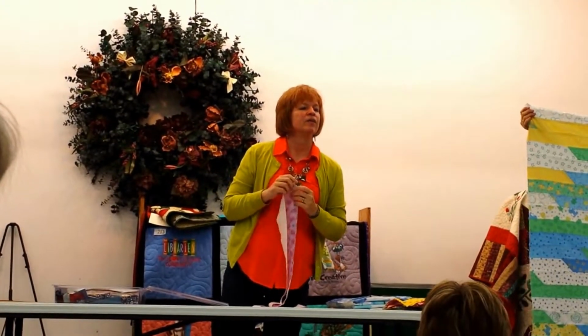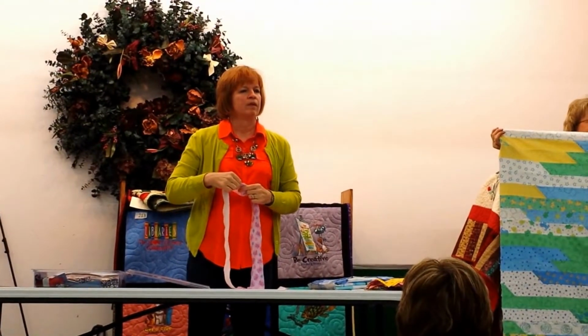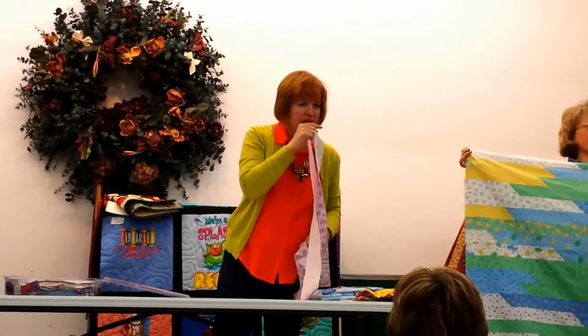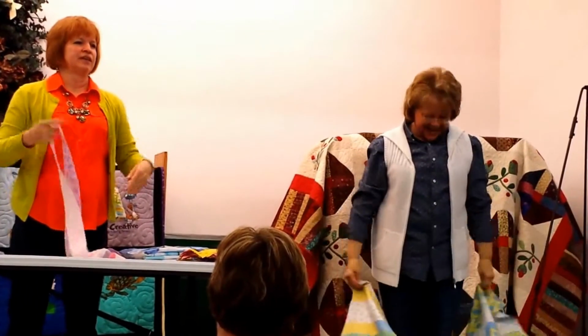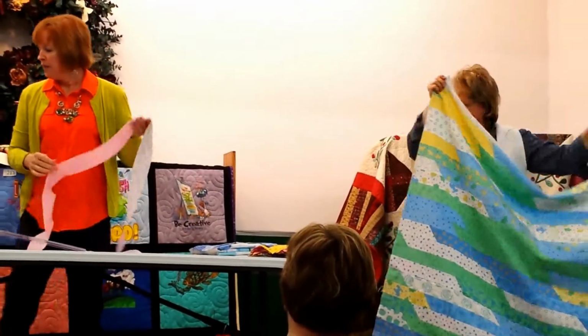Don't you have to make the first one that you start with shorter so that it offsets it like brick? If you want to. If you remember to. I just randomly whack it in the middle here and there, and then